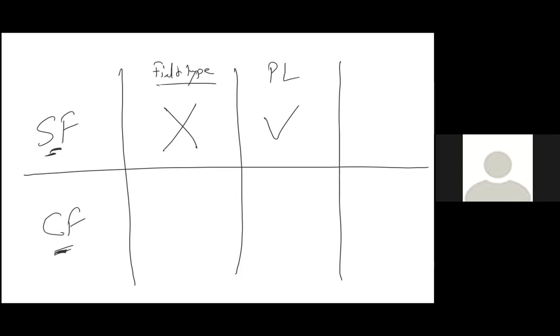And standard fields and custom fields can be made mandatory in field types and can also be made mandatory using page layouts. So what would be the difference between these two? We'll see in detail. And apart from that, there is a new thing which we'll talk about today, that is validation rule. Through validation rule, you can make a standard field mandatory. You can also make a custom field mandatory. So we'll come back to this diagram and find out when to use what. But first, let's see how to make a field mandatory in Salesforce.